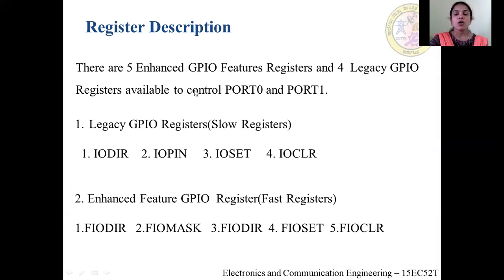Apart from that, all the registers are used for the same operation. In legacy GPIO registers, we have 4 registers, that is IODIR, IOPIN, IOSET and IOCLR. In enhanced feature GPIO registers, we have 5 registers, that is FIODIR, FIOMASK, FIOPIN,